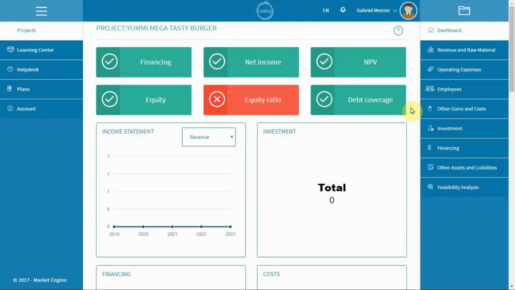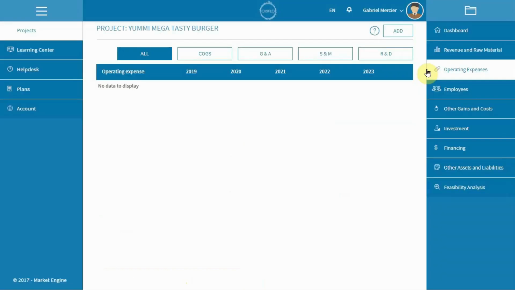Hello, this tutorial is about the operating expenses. This is the second assumptions page on the menu. Here you can forecast expenses such as utilities, legal fees, fixed royalties, cleaning services, security services, or accounting fees, or many others. In the end, it is meant for all expenses that are not directly related to the production of